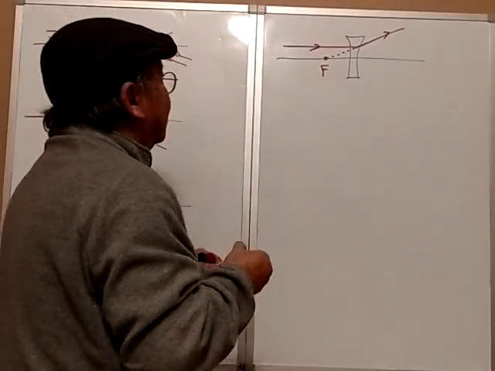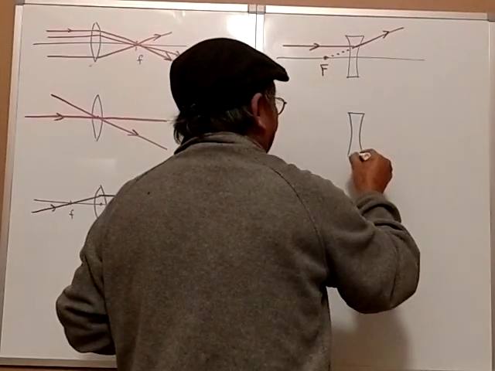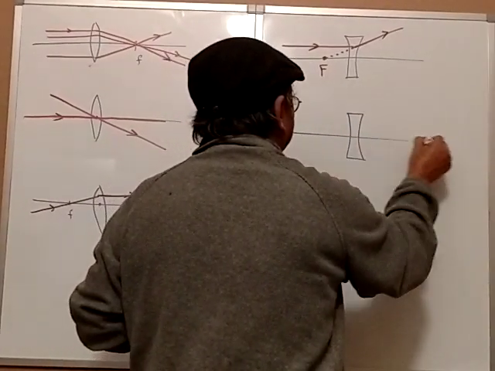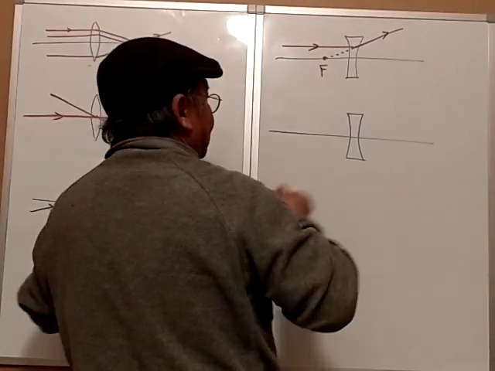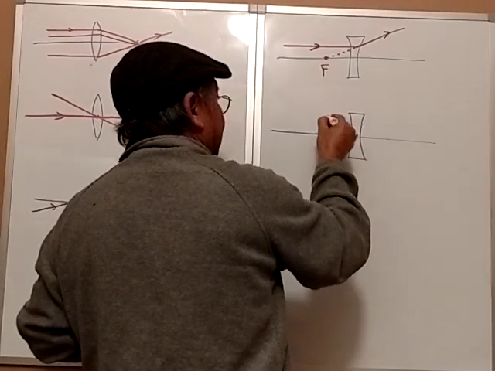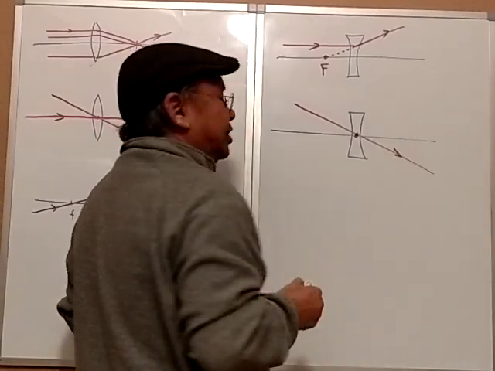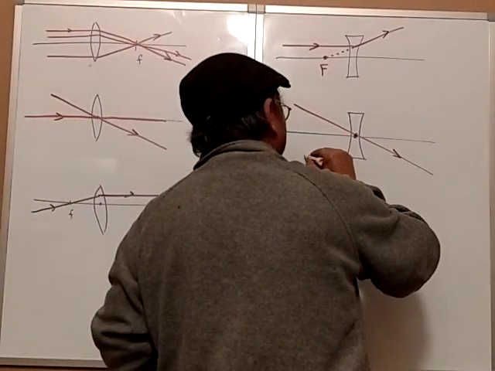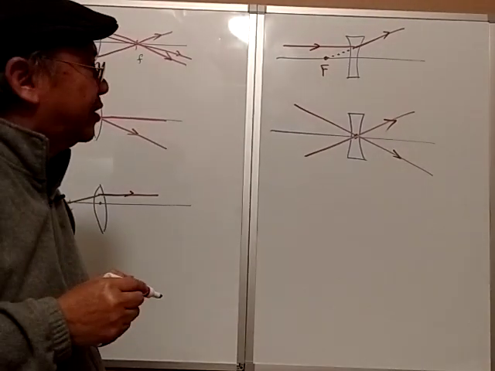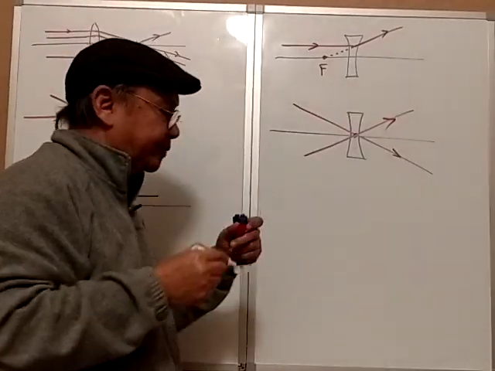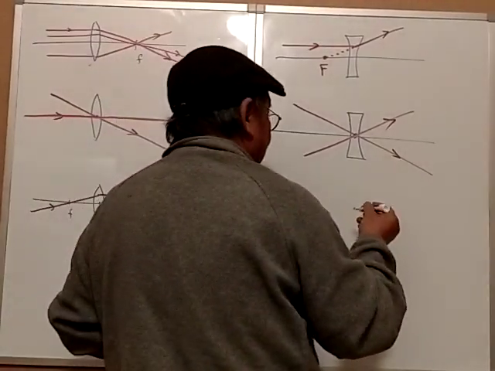And it will look like it's coming from there. Now, the second rule is again similar to the converging lens, so it's not difficult to remember. If it goes through the center, it will not change direction. Doesn't matter which way, they will not change direction. They will just go through straight. And then the last rule is,